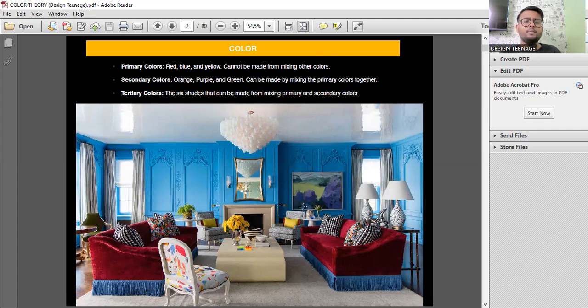Okay, now at some point when you are mixing secondary colors among themselves, it will not actually lead to one of the colors, or it will just darken, or something else will come up. So for example, what kind of colors do we have? We have red, blue, yellow, followed by that we have orange, purple, green. Now, after this, if you want to mix colors, what can be the possible options?